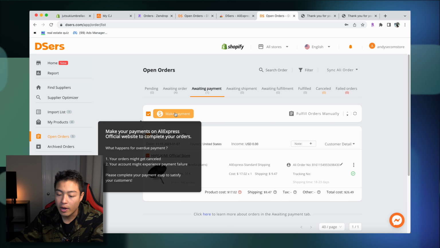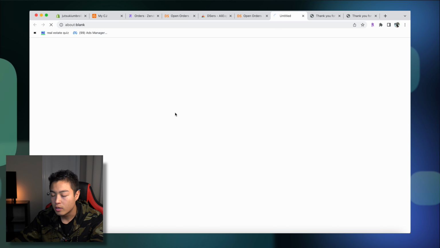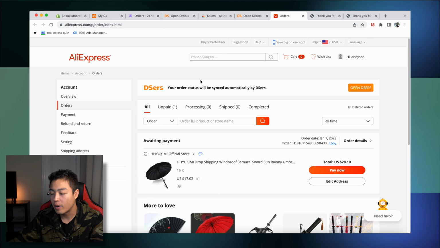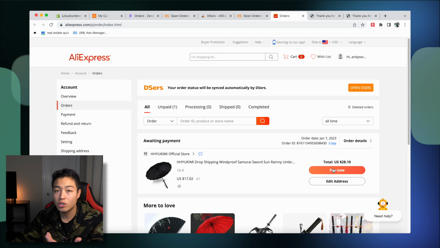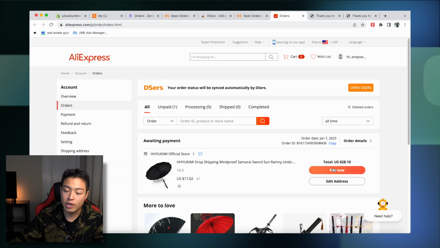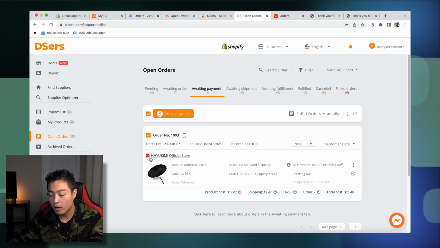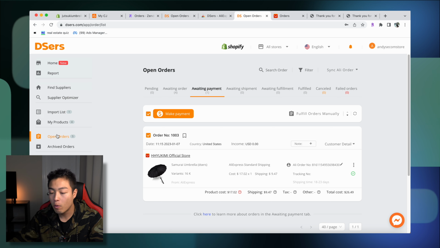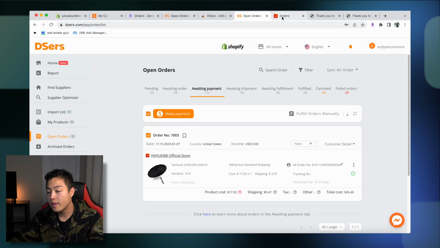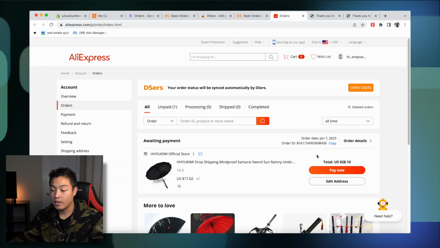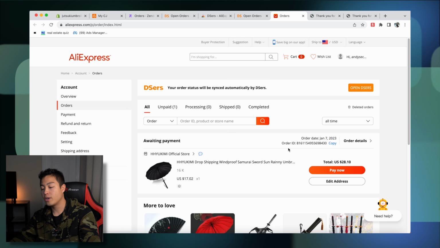It says make your payment on AliExpress official website to complete orders. So it's going to direct us to AliExpress. And then as you can see, we have our linked account right here. And we're essentially just going over to AliExpress. Similar to Oberlo, you have your Oberlo dashboard where the products get imported in, like right here, the products, any order gets imported from here. You press and make payment, then you get directed to the checkout page on AliExpress with all the customer information